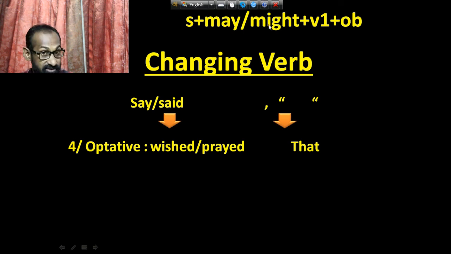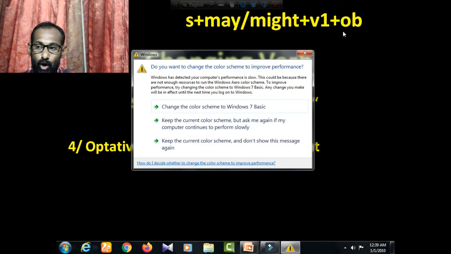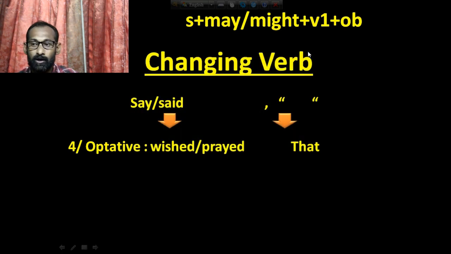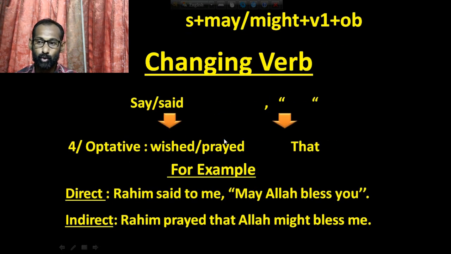That means the structure will be subject plus may or might plus verb 1 plus object. For example, Rohim said to me, may Allah bless you. So here is indirect: Rohim prayed that. Actually, I will not use object in the case of